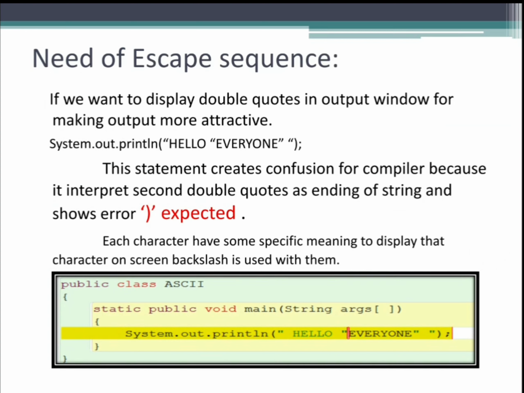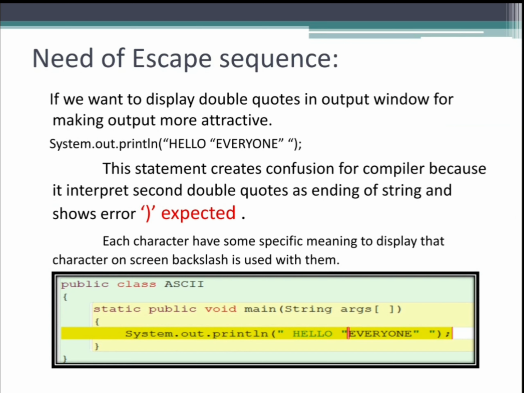Why? Because the compiler thinks that the first double quote till the second one is the command to display hello, and after hello it should be terminated with a closing bracket. That's why it gives us the error that bracket expected.